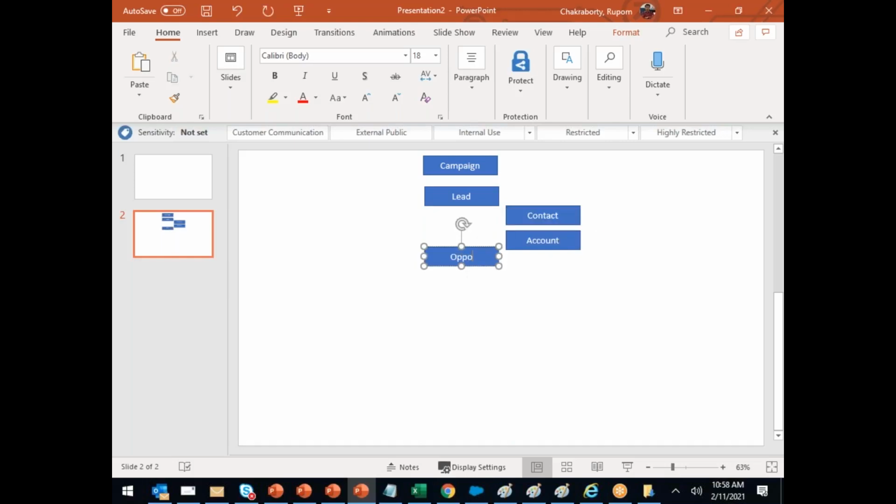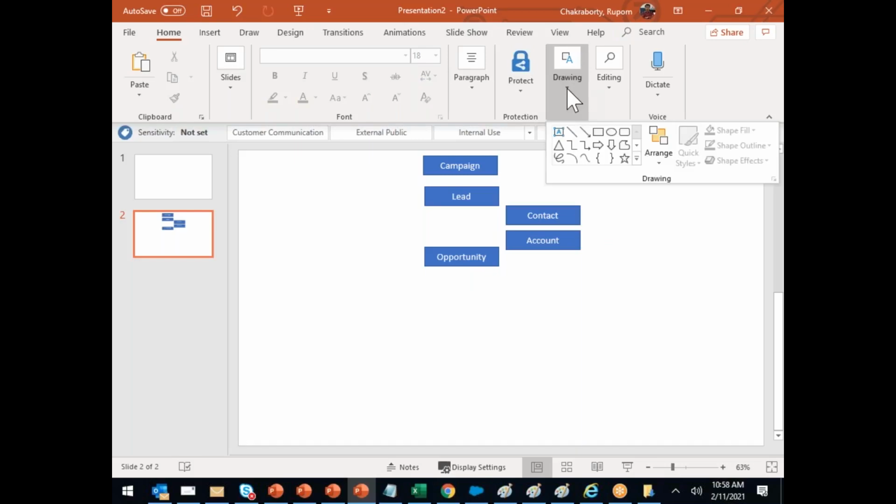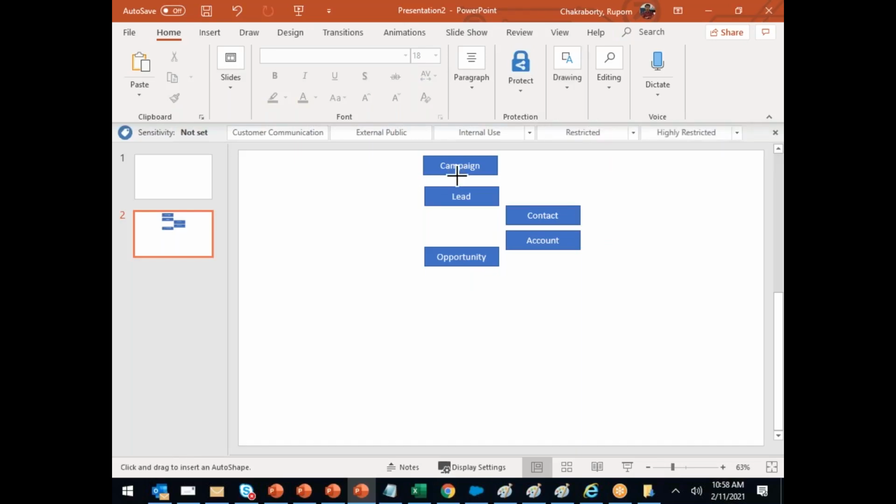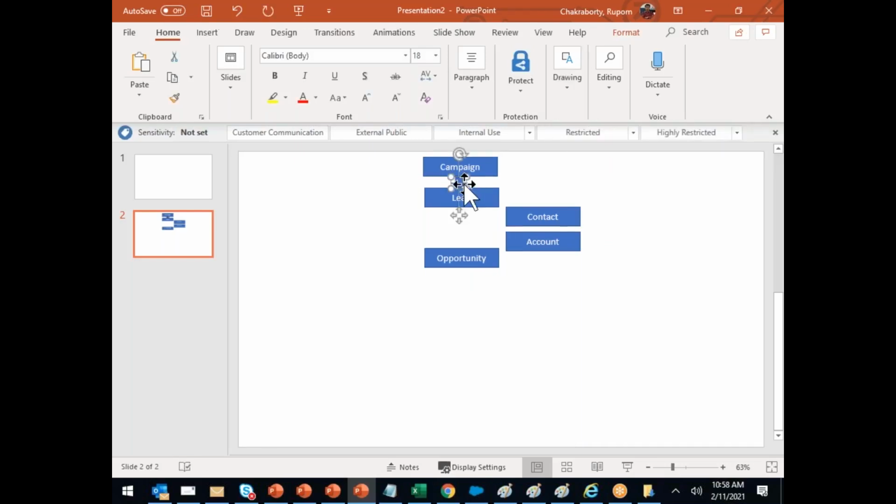Next, opportunity. Everyone should be familiar with this diagram. Till here, everyone knows. From a campaign, you get a lead. From a lead, you get opportunity.